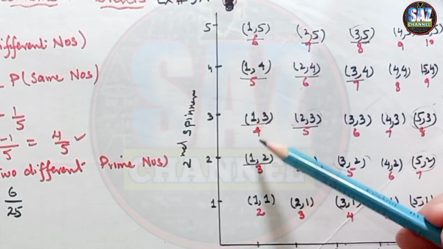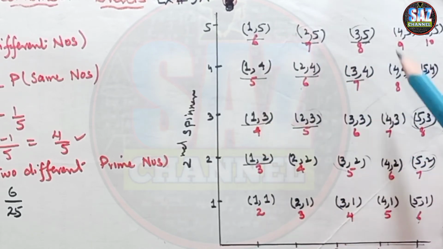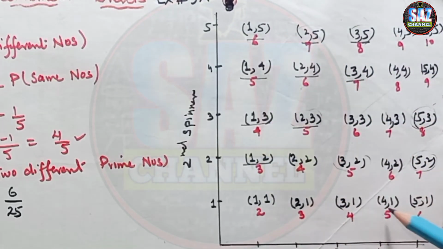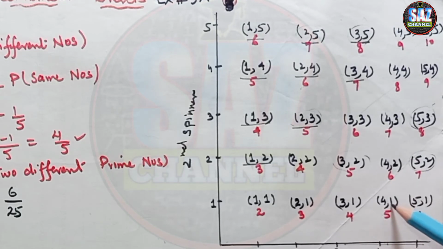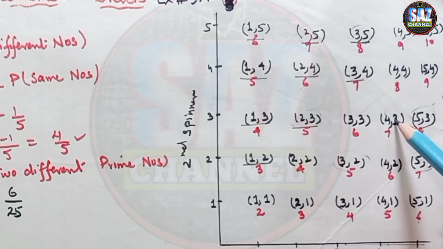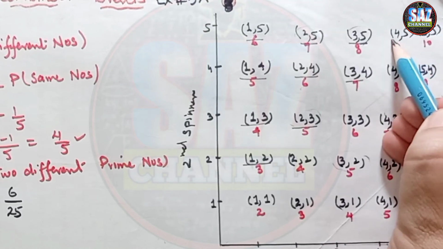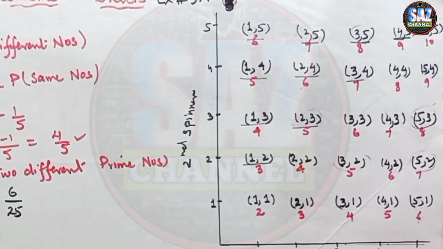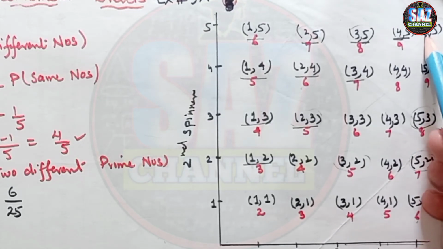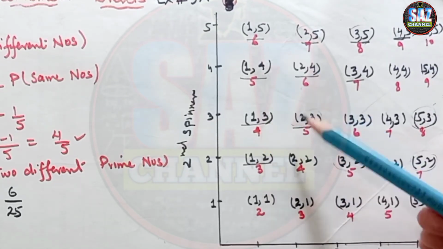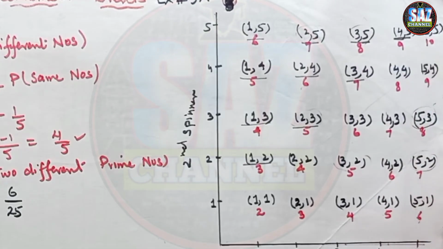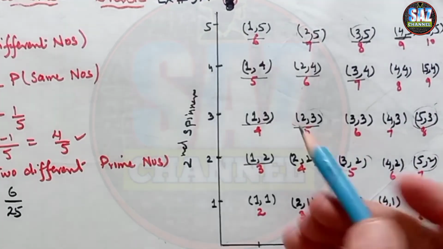Okay, if you observe the pattern, there were 4, then 3, then 2. I hope next will be 1, but let me observe this. Number on the first spinner is less than. This is the place where the number is less than. Okay, here the first spinner has the number larger than the second spinner. So 4 and 3 is 7 and 2 is 9 and 1 is 10. So observe the pattern as well.